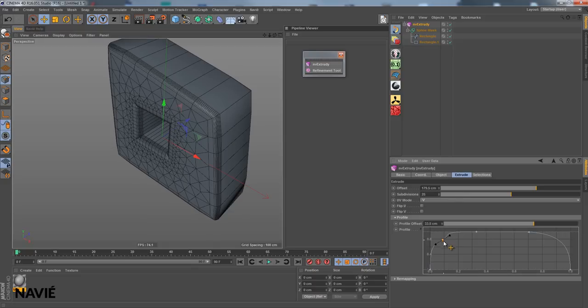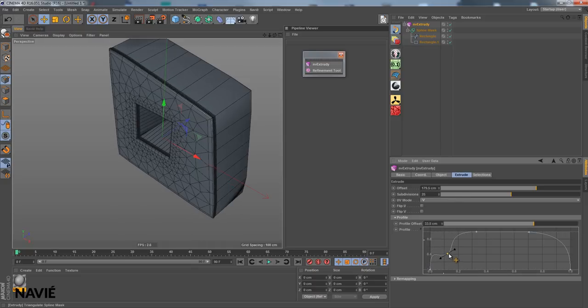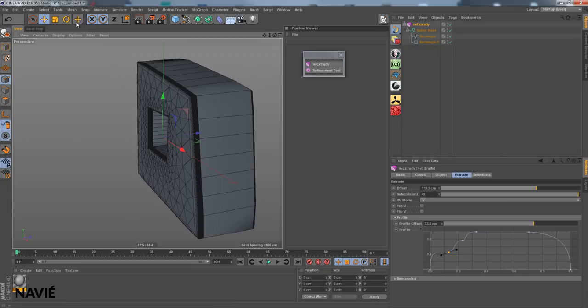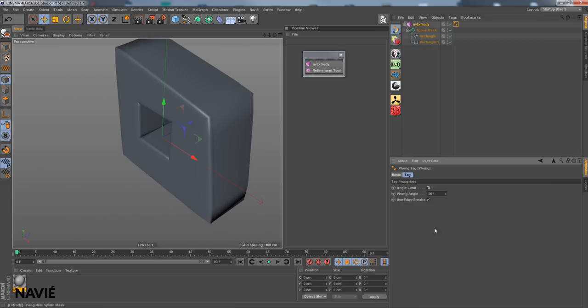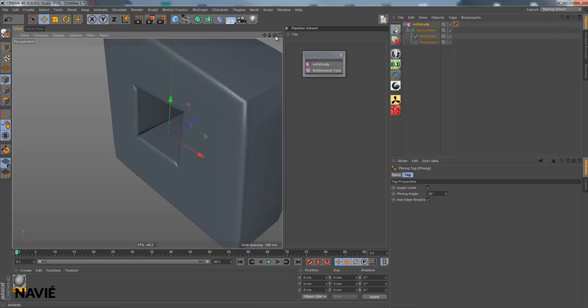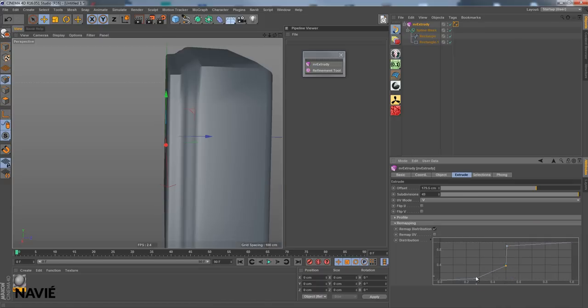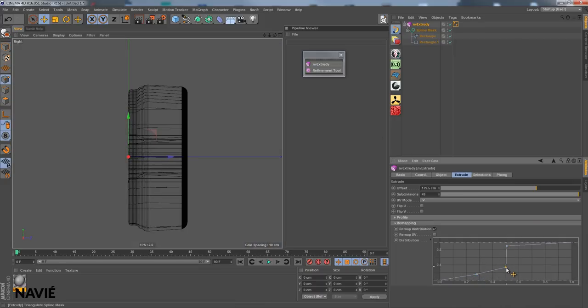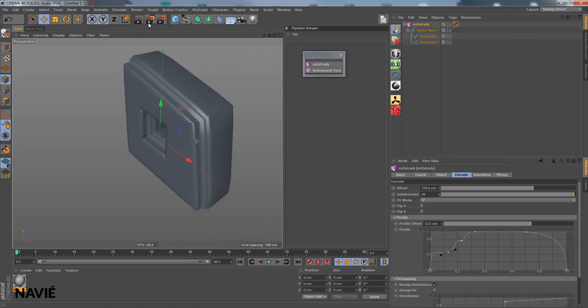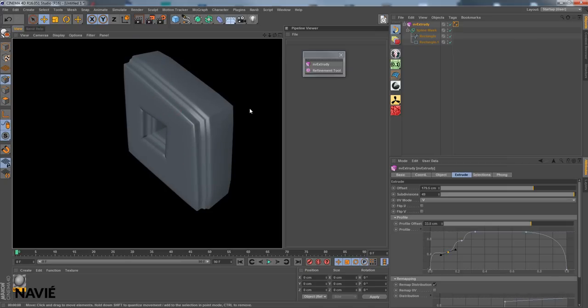Now just keep on tweaking now a little more. So I will play this at a higher speed. So you can see you can create any kind of beveling by using a custom profile. Anyway,